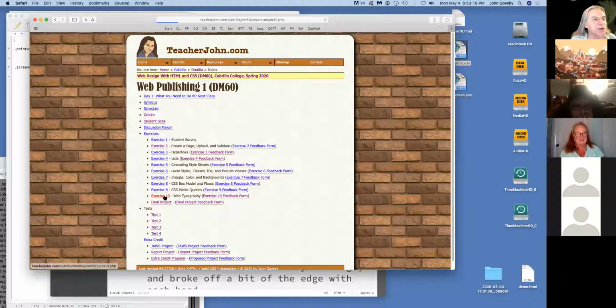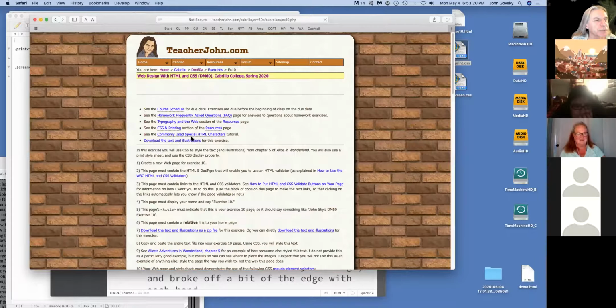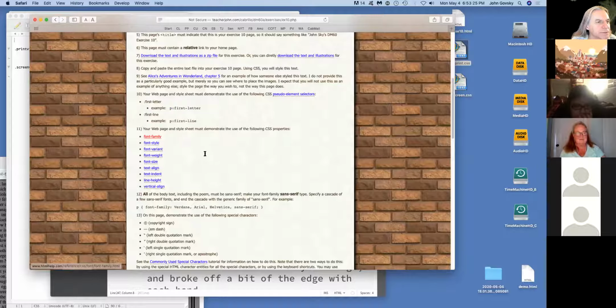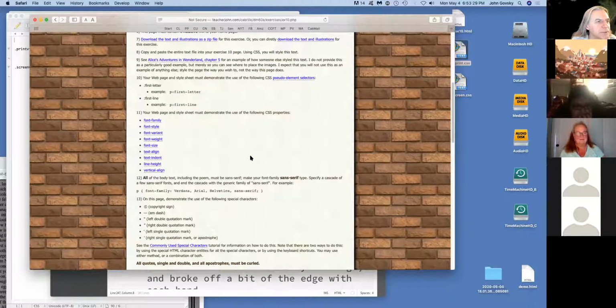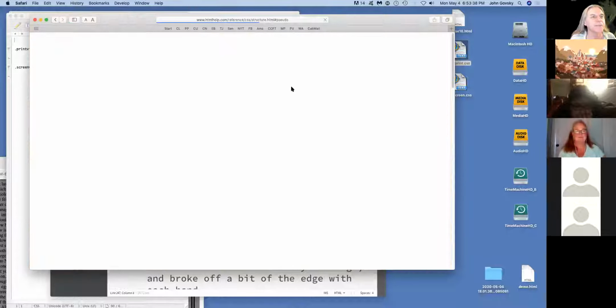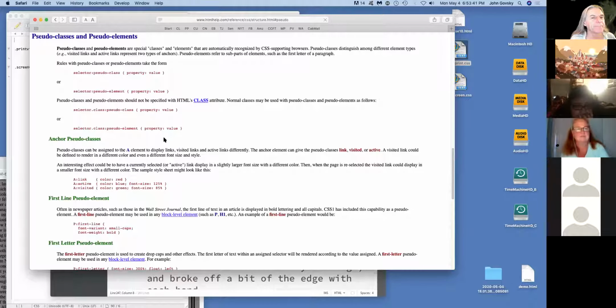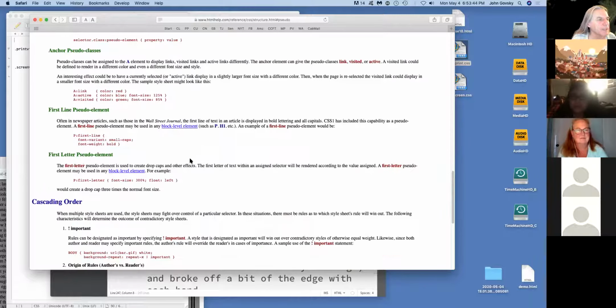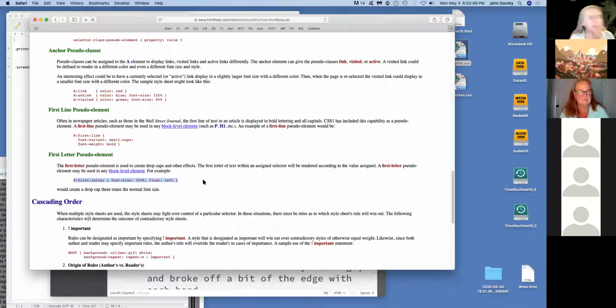Exercise 10. Yeah. I want to show you, if we go to the exercise and we go to first line pseudo, oh, here it is. Oh, I didn't give you links for this. Oh yeah, here we go, pseudo element selectors. Here's the link. You look at the code in the reference, and you see here, that's first line. You want first letter. So you've got an example of first letter, right? But that P there means all paragraphs, right?